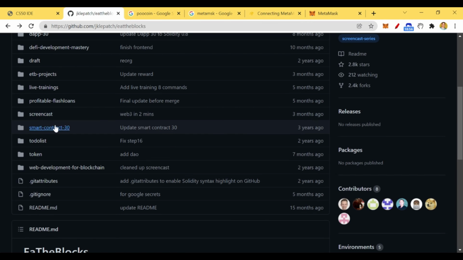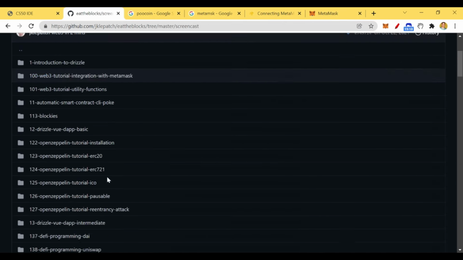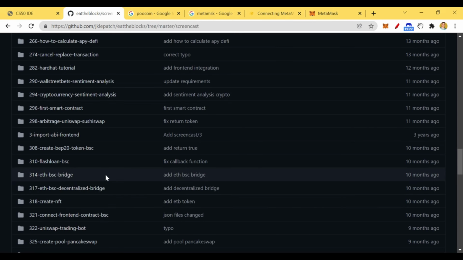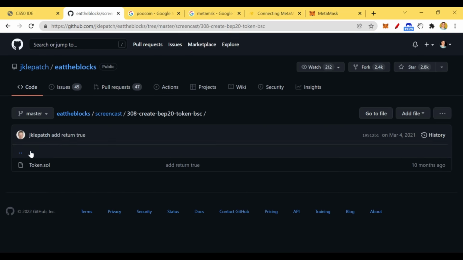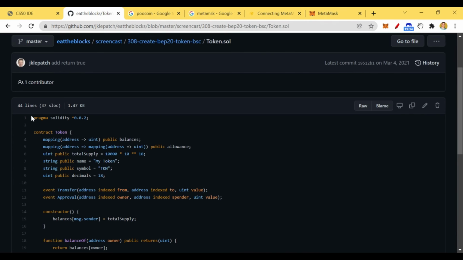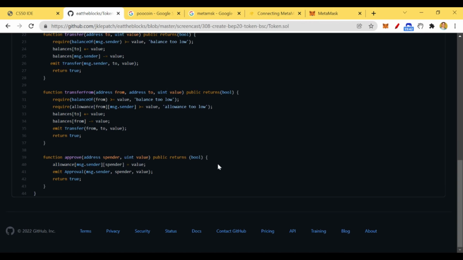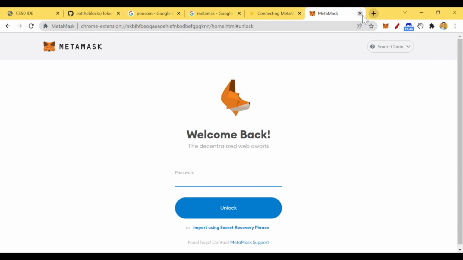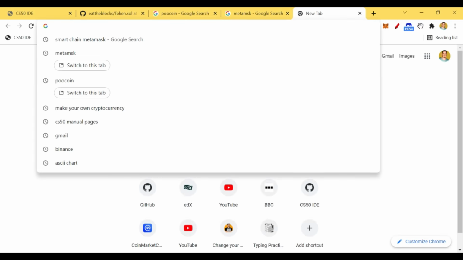So then what we're going to go ahead and do is head over to token. No. What we're going to do here is head over to screencast and then look for 308, create Bep-20 token PSCC token.sol, and then take this, copy all of the contract. Okay, head back to MetaMask. You can just close it for now. Got a little one here on the side. Okay, now we're gonna go to